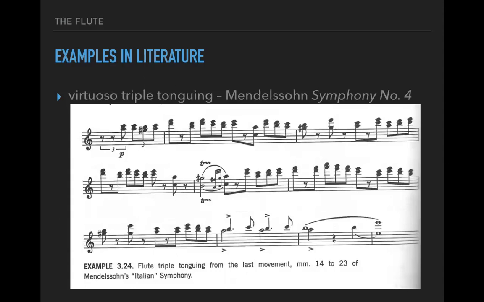So you might spend some time practicing this. If you can perform it, they can perform it. Again, there are 3 different variations on triple tonguing, depending on which you prefer. I tend to say takata, takata, takata, but any of those variations were plausible. Okay, and there again, look at that nice fluty